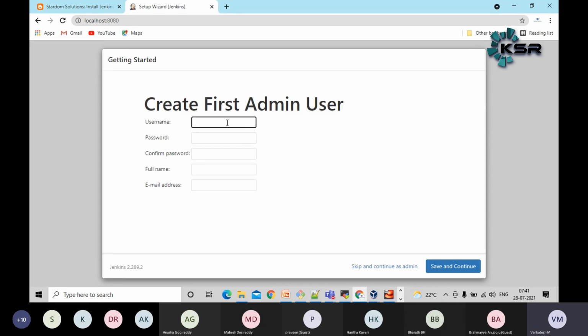Let me create a user. Here I will put admin as a password, just for this is my local only. The username I am also giving as admin, and for the mail ID, we need to follow the format, guys. You can put some dummy address also, that should be okay, a .com email address. Then save and continue.